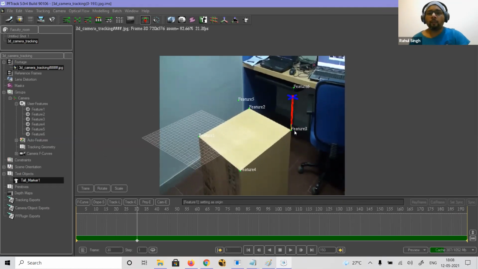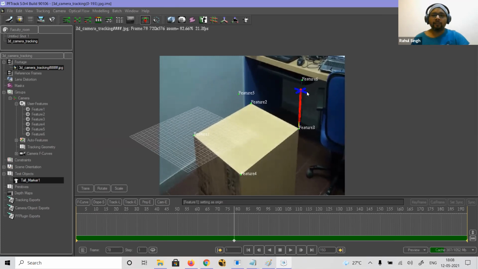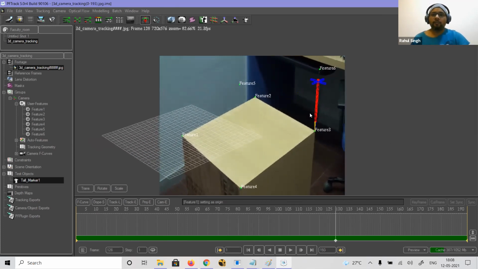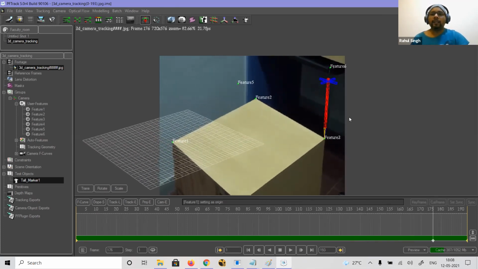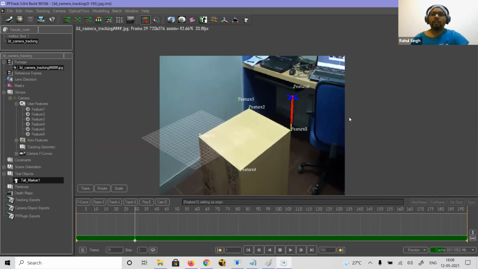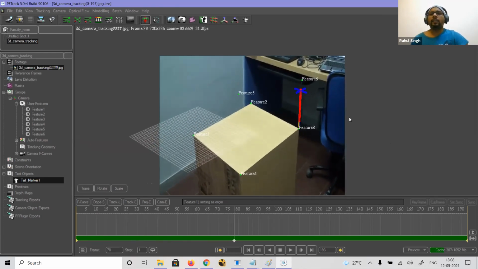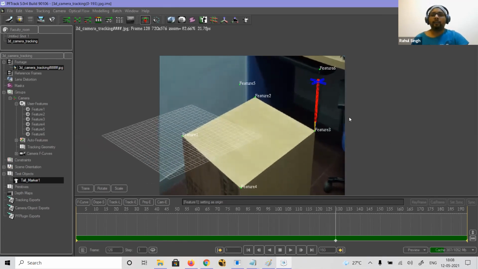It has not deviated from the point, or it has not changed the perspective. It is just standing still from start to end. Means my track is almost 90%. Okay, it will be 94, 95, anything can be there.